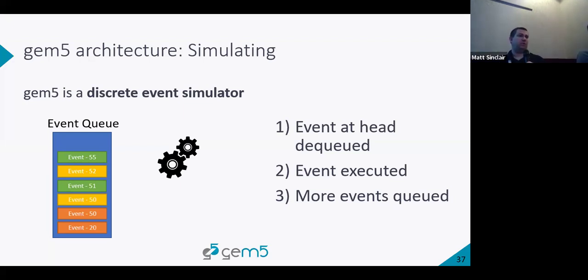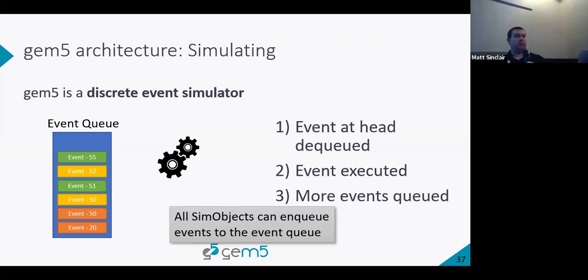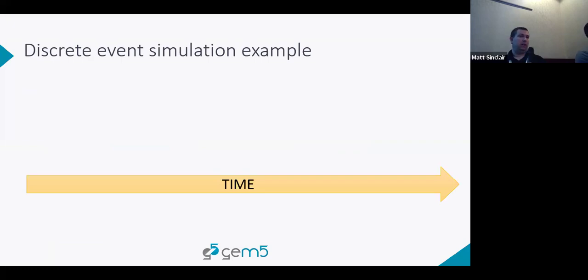So this event queue is essentially ordered by what needs to happen next. All the sim objects in our system can enqueue events to the event queue, and they're dequeued in the order that time wants them to progress. So what that means is, if time is on the x-axis here, at the beginning of time, we fetch